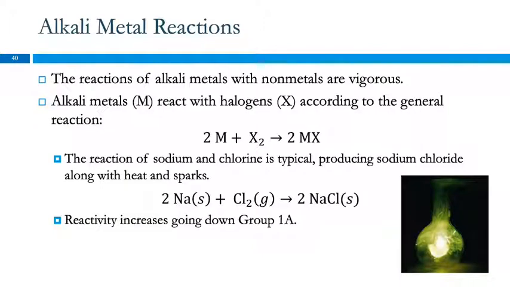So those were combustion reactions. Alkali metal reactions. Alkali metals react with nonmetals very vigorously. The alkali metals are very reactive. So alkali metals will react with halogens, fluorine, chlorine, bromine, etc. In this way. So 2 of the metal atoms react with 1 molecule and form 2 formula units of the compound. This is a photograph of sodium and chlorine reacting. It gives off a lot of heat and sparks, and so the sodium and the chlorine react to form sodium